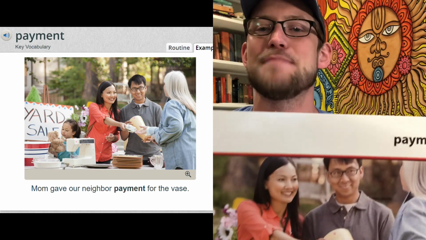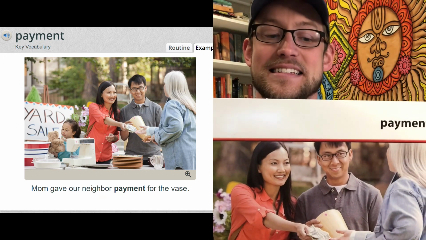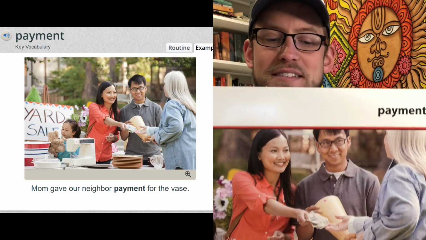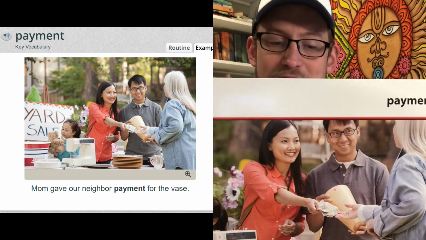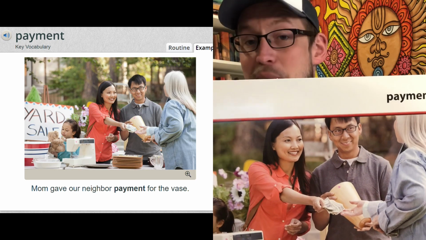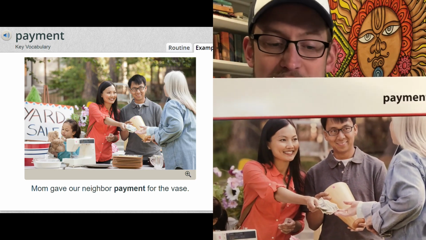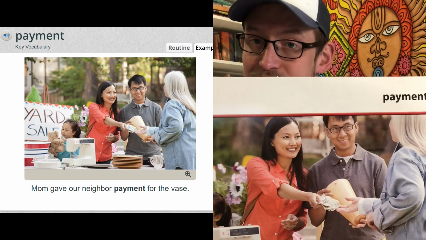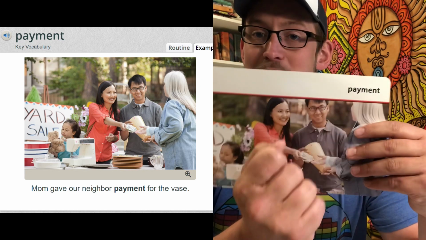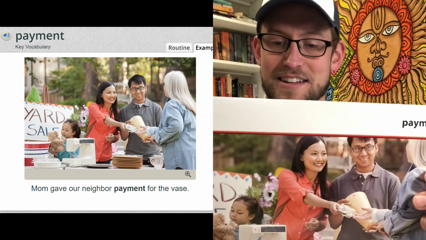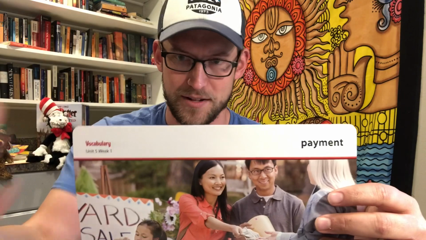Okay, our next word, if maybe you don't barter, maybe you make a payment. Ever say payment? Payment. The woman in this picture is giving a payment for the vase. She is buying it from someone, so she is giving money as payment. We usually give money as payment for things we buy. So this morning I went and acquired a coffee. So I made a payment for my coffee. Let's say this 3 times. Payment, payment, payment.